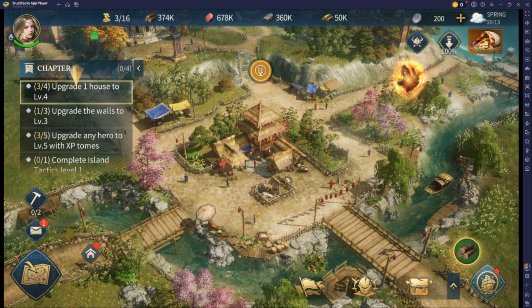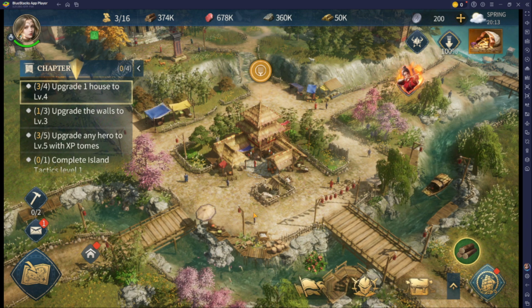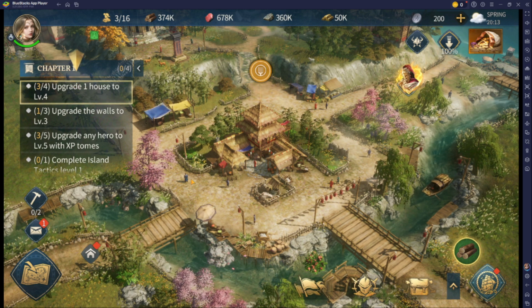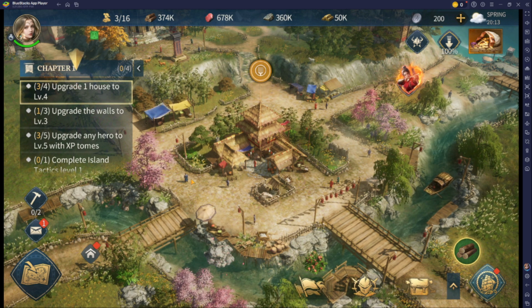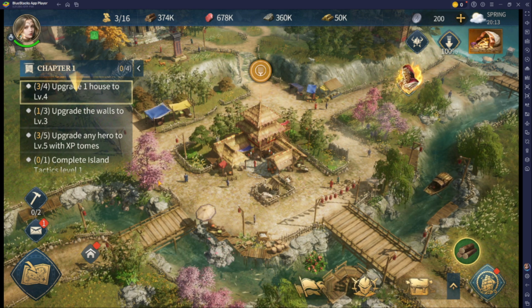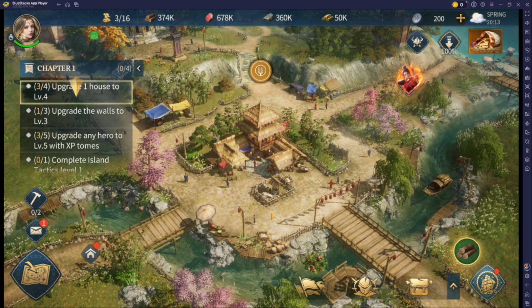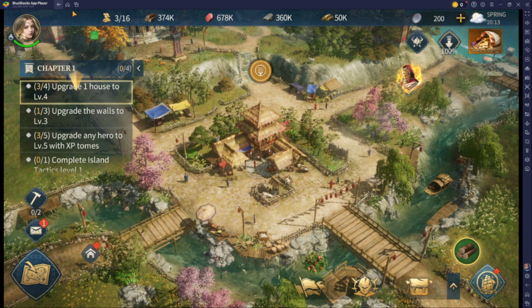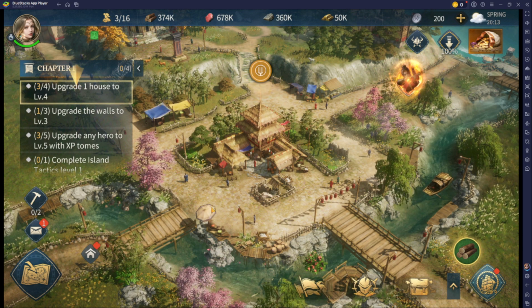I didn't realize that, so I had to sit here and play the tutorial just real quick until I got to the point that I advanced to the feudal age. That's when the tutorial finally lets you have control of your account again. You can see now that I'm still in Bluestacks, I'm playing the game, and now that I've made it through